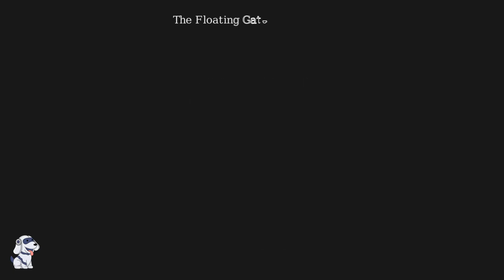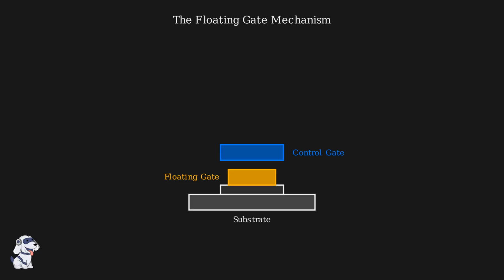At the heart of every NAND flash cell lies the floating gate, an electrically isolated structure that acts as a permanent storage vault for data. To write data, we apply a high voltage to the control gate. This creates an intense electric field that pulls electrons out of the substrate. Through a process called Fowler-Nordheim tunneling, these electrons force their way through the insulating oxide layer, effectively tunneling into the